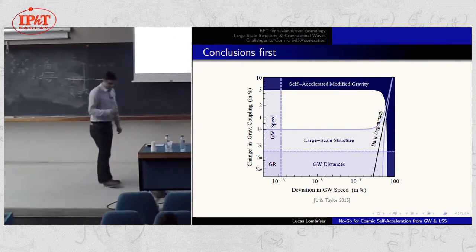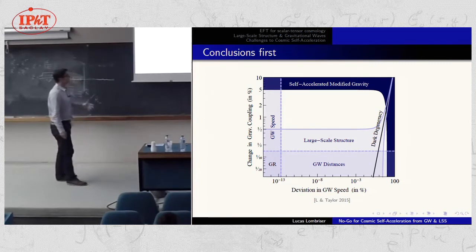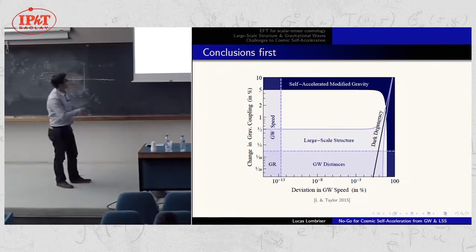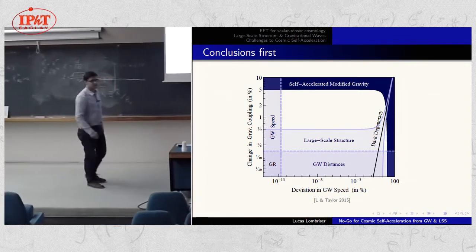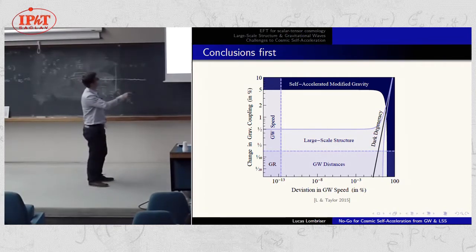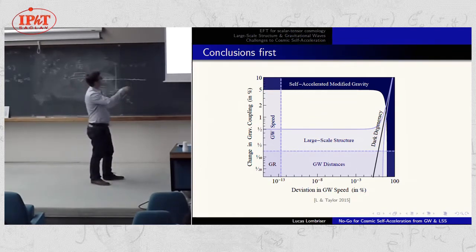The idea here is that in Horndeski theories, there are two ways you can produce a self-acceleration. Either it's coming, here on the y-axis, from some change in the effective gravitational coupling, or from some modification that also yields a deviation in the gravitational wave speed. Or really a combination of both, and that's this dark blue shaded region here. And then we can use large-scale structure to constrain either this running coupling or this modification that also gives a deviation in the speed of gravitational waves